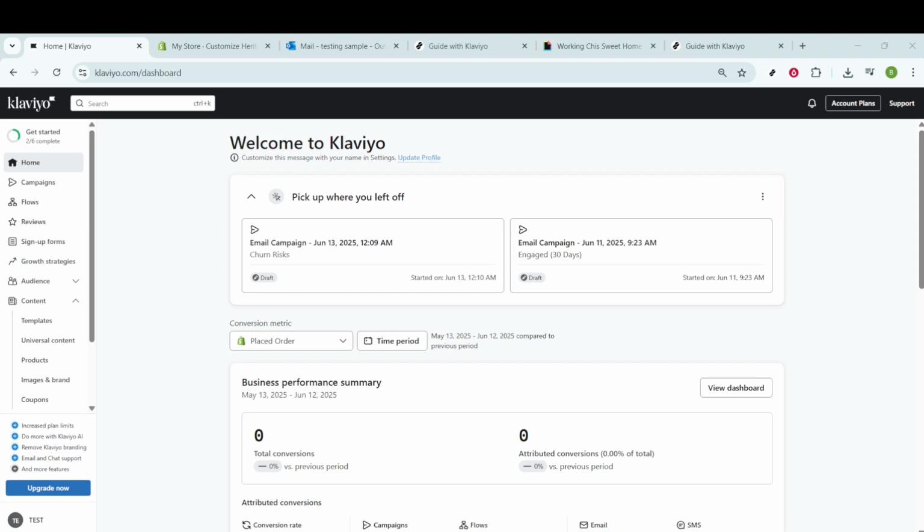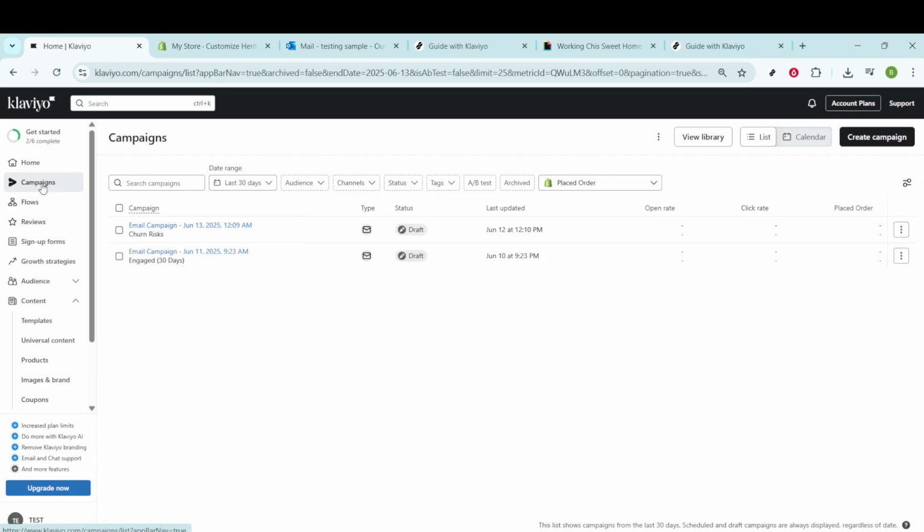Starting from the Klaviyo homepage, you're first going to navigate over to the left part of your screen where you'll find the Campaigns option. This is your gateway to managing all of your email marketing efforts, so go ahead and click on that. Once you're in the Campaigns section, you'll need to locate the specific campaign to which you want